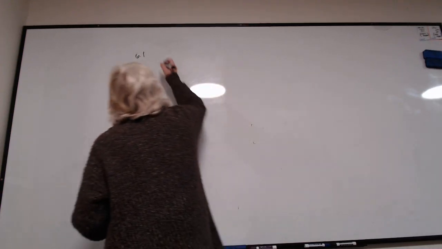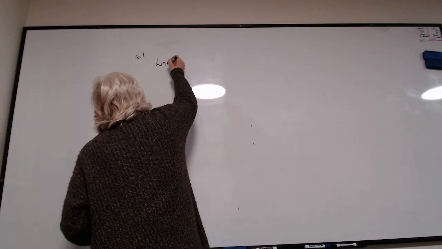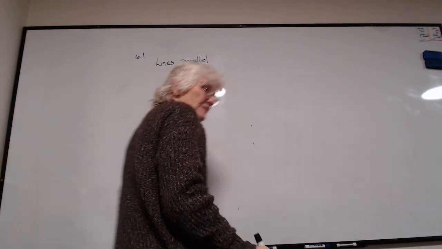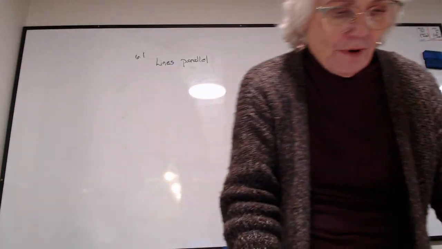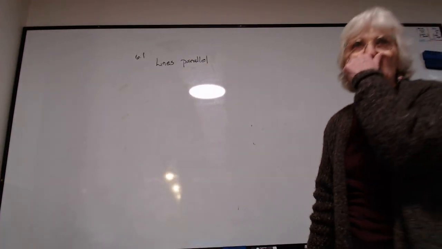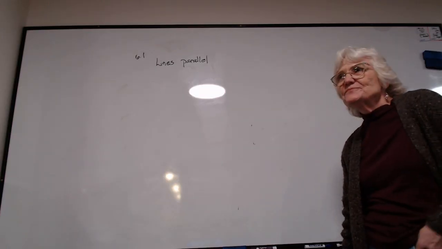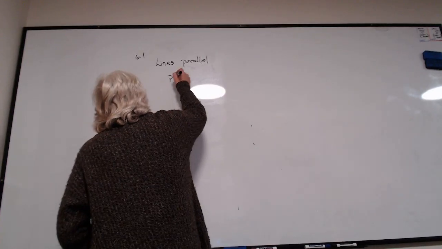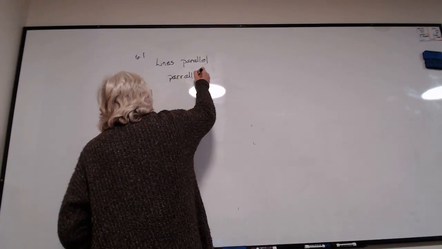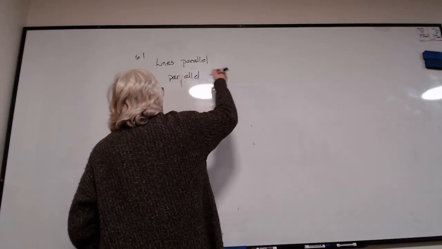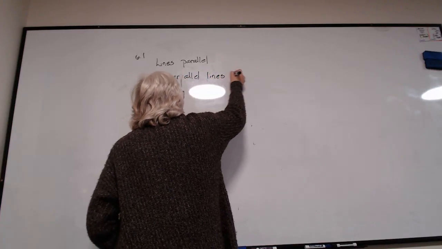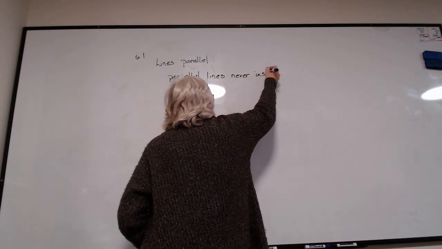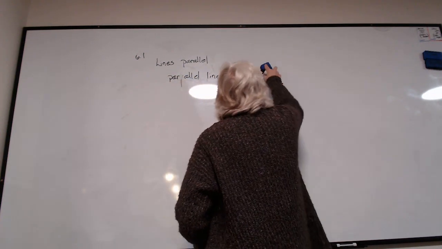Okay, lines parallel. So how do I know that two lines are parallel? They never intersect. Yeah, that's correct. Two lines, parallel lines never intersect. So if they never intersect,